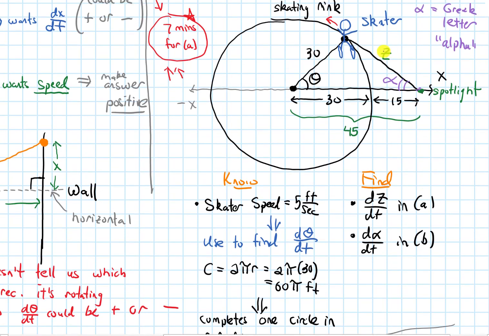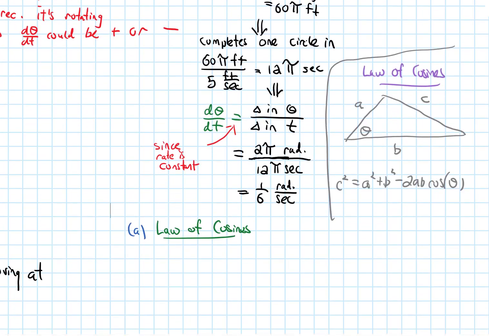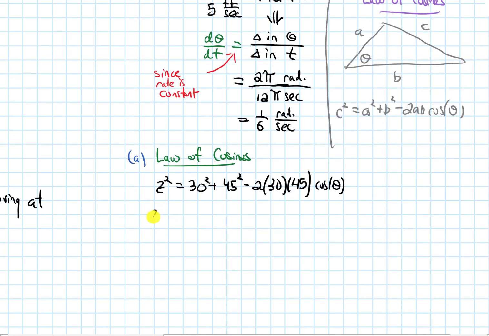I'm going to use it with the Z, the 45, and the 30, and the angle is theta. So law of cosines will give us Z squared equals 30 squared plus 45 squared minus 2 times 30 times 45 times cosine of theta. If we simplify this, we'll get Z squared equals 2925 minus 2700